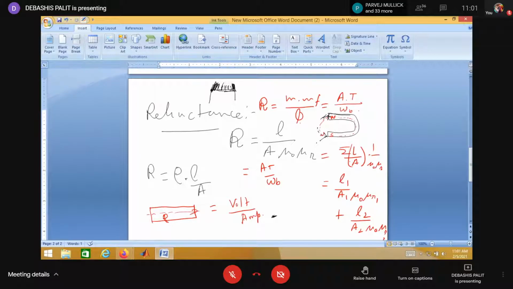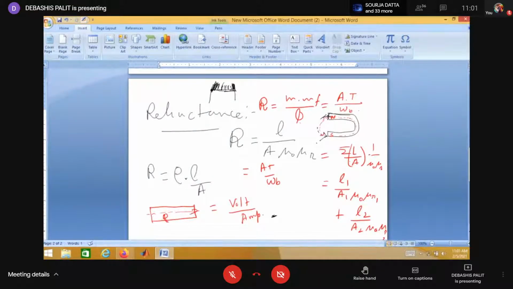Sir, will the path of the flux be given to us in the question? That may be given in any question. If it is not given, how are we to figure out what path the flux will take? Normally it is given. So there may be some U-shaped magnet